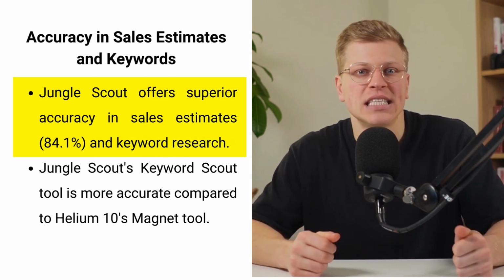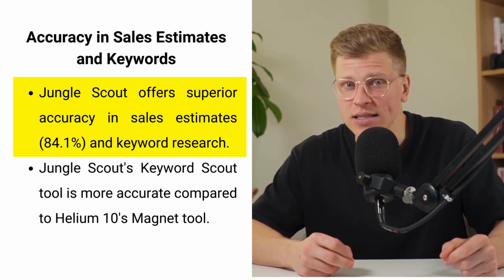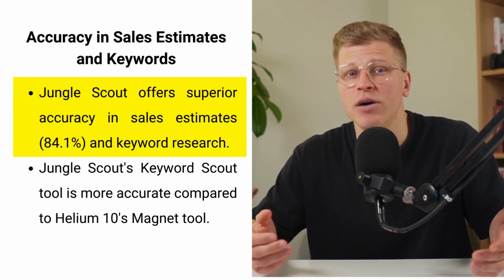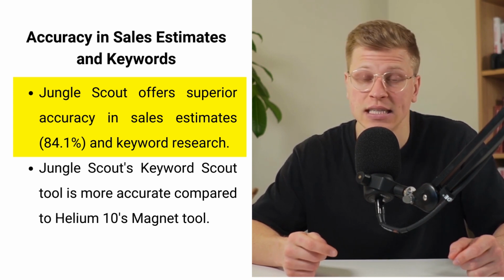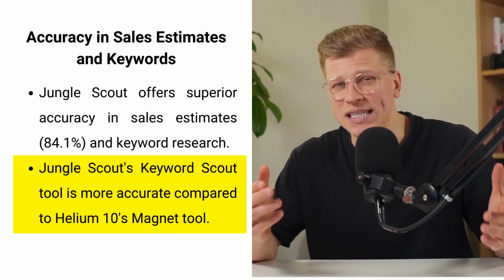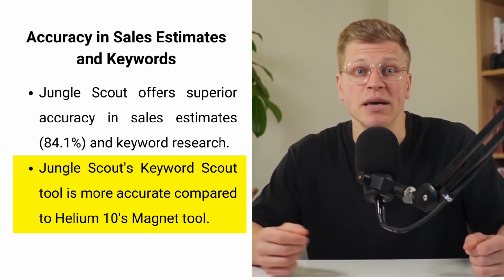Getting accurate sales estimates and picking the right keywords are key to doing well on Amazon. Jungle Scout is ahead of the game with a sales estimate accuracy of 84.1%. This makes it less risky for sellers when they decide on how much stock to buy. Its accuracy is 14% better than Helium 10's, giving sellers a stronger base for choosing products. Jungle Scout's Keyword Scout tool is only off by 10.93% from Amazon's own data, which is much better than Helium 10's Magnet tool that misses the mark by